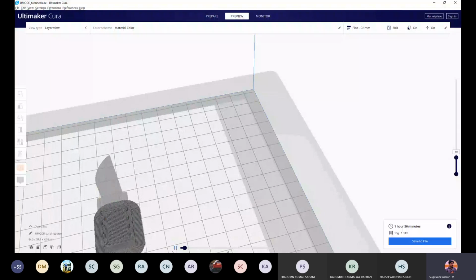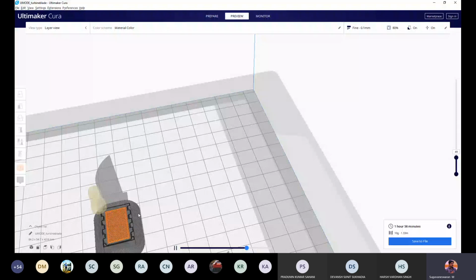So the raster angle, the distance between one raster and another raster, the contour, and how many contours you have. So is it fine? Could you all see the printing simulation? Can I proceed further? Yes, sir.